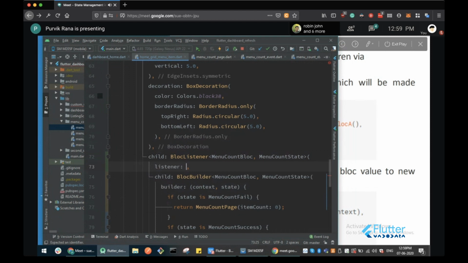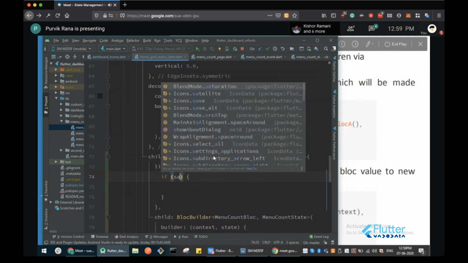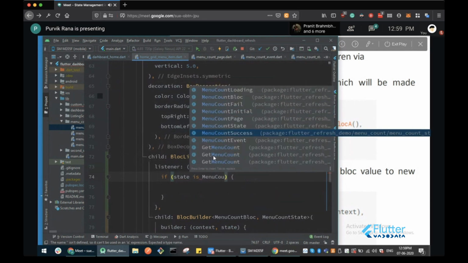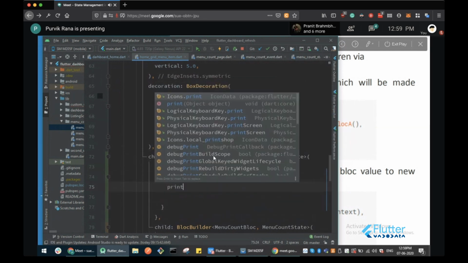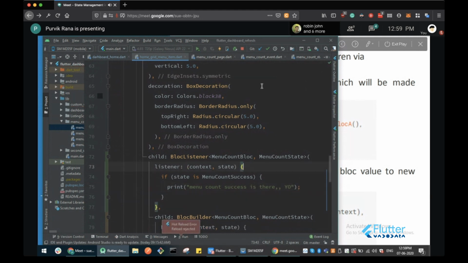The listener method is taking the same context and a state, and based on the state, if your state is something like menu count success, then you can print or display some dialogue. So let's rerun this thing.